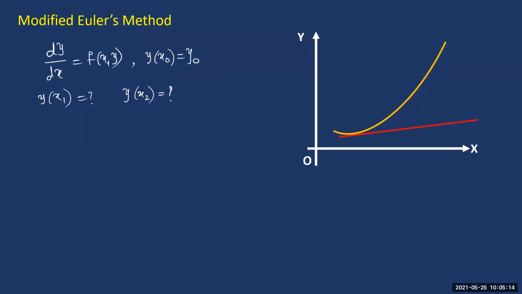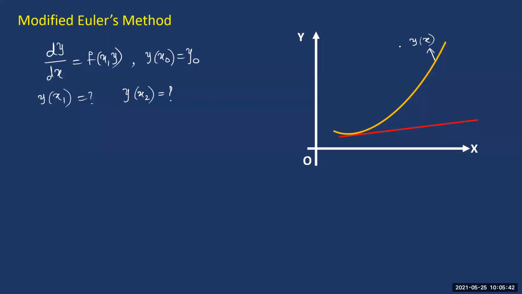And understand, now to solve this differential equation, I'm just explaining to you the geometrical idea behind this. See what we are trying to do. When you are given a differential equation of this kind, let us say this differential equation has some solution, and this graph, the yellow colored graph, is the solution graph, right? I'm taking it as y of x. Solution of that differential equation is y of x. So this is the graph of y of x.